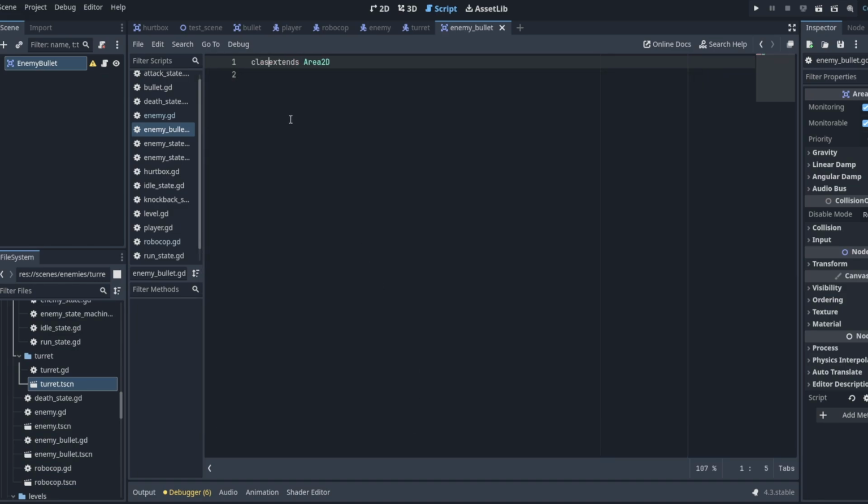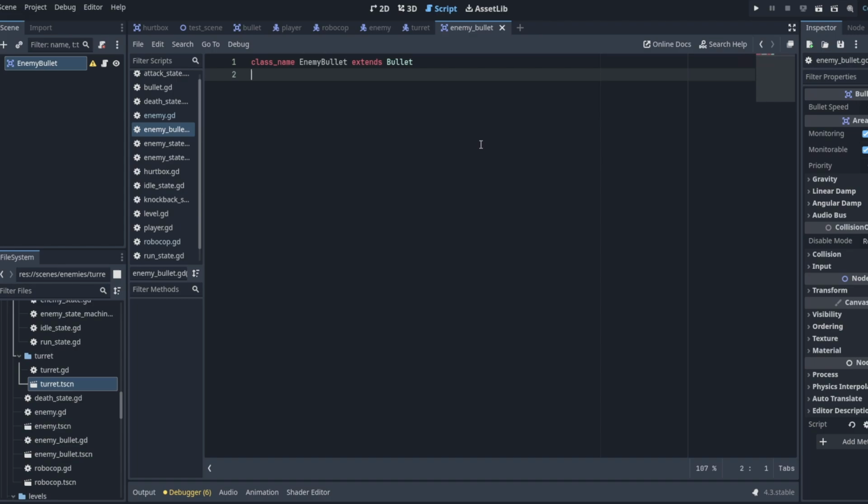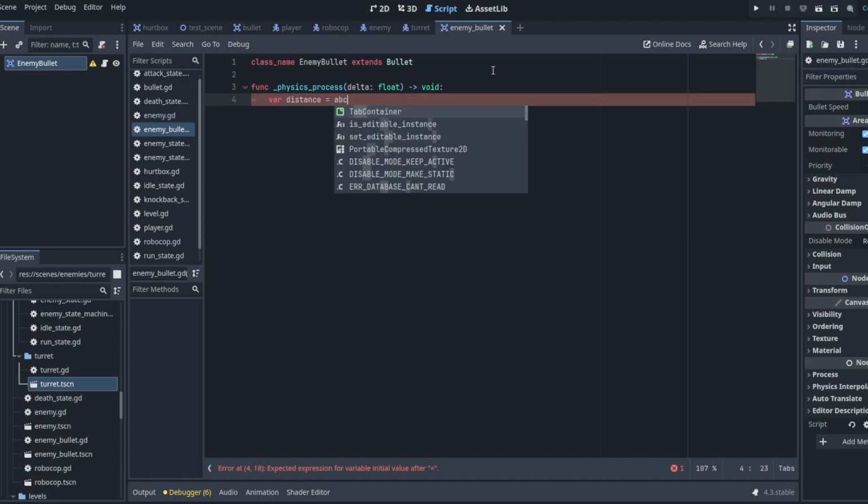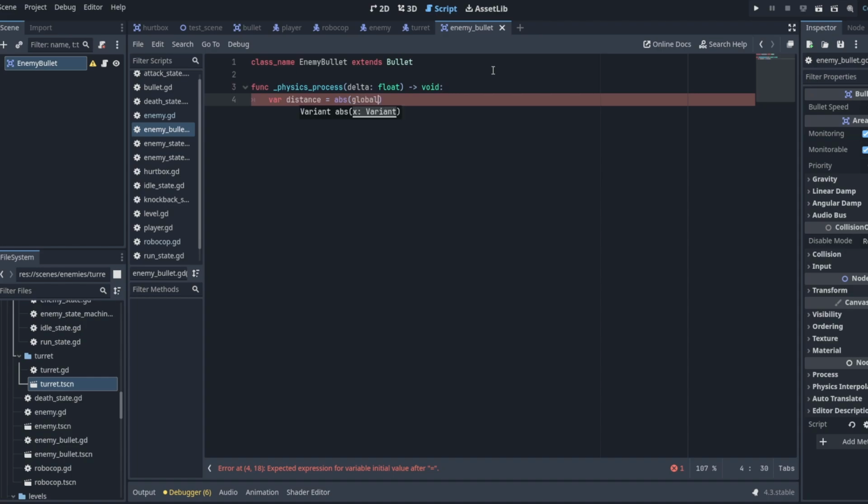Right here, we're going to call this class name of EnemyBullet. And we're actually going to extend our bullet class. So we're going to extend the existing bullet class. Even though we built that out for our player, we're going to reuse that for our enemy right now. And the only thing that we're going to implement inside of this right now is going to be a physics process method where this will look familiar: if the bullets are a certain distance away from our player, they're going to queue free. So we're going to get global position